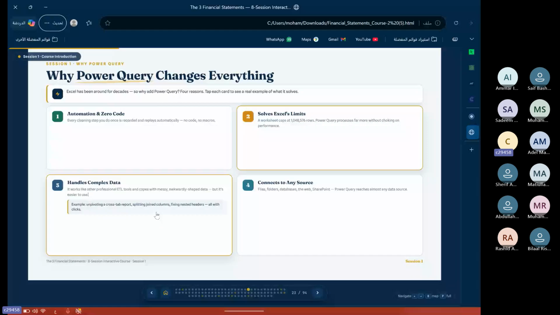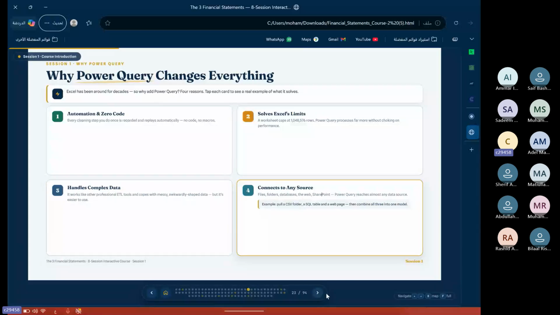It can handle complex data, and of course we can get data from any type of source and transform it. يعني your PDF that has data and you cannot download it or get it into your Excel, please try it like this: from Get Data, PDF file, and it will be a table for you, and you can extract it as a table. Connect to any source, as we speak.